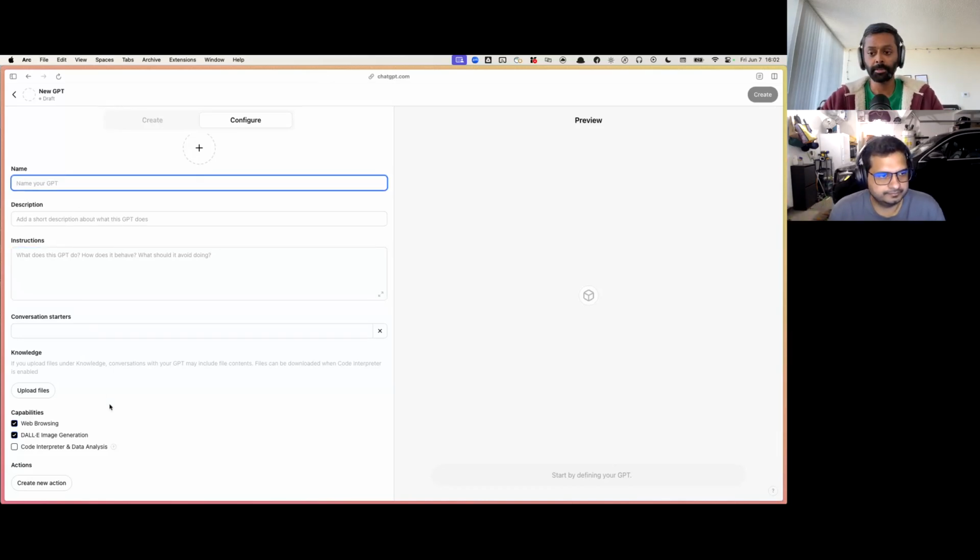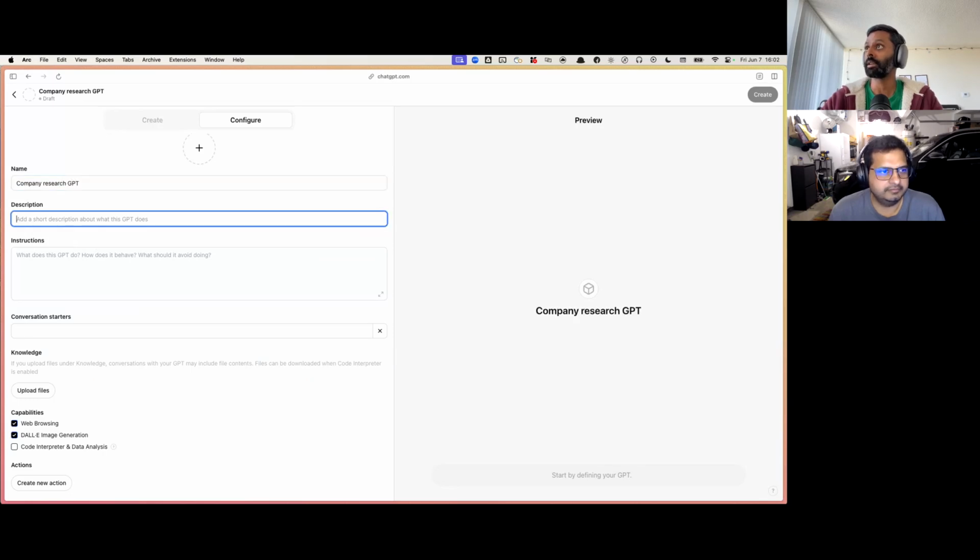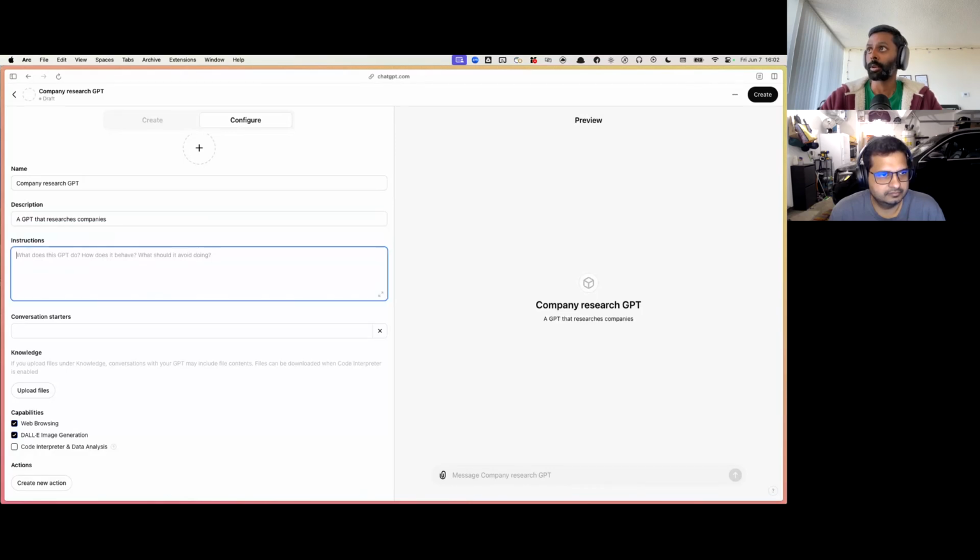So let's name this GPT. What do we want to call it? Like Company Research GPT. Okay, the description is: a GPT that researches companies. And then let's give it some instructions. So let's say, you are a company research AI. Your job is to analyze, let's start with what it takes. The user will provide a company name as input, and then